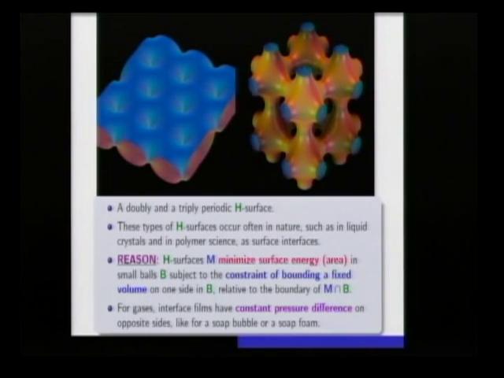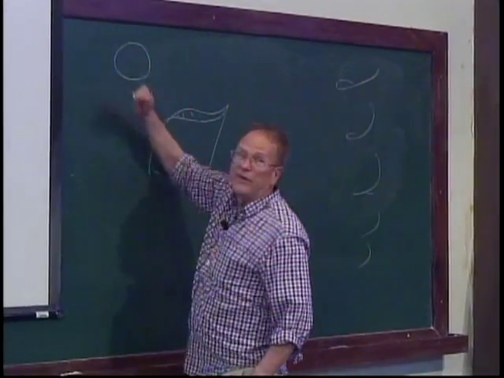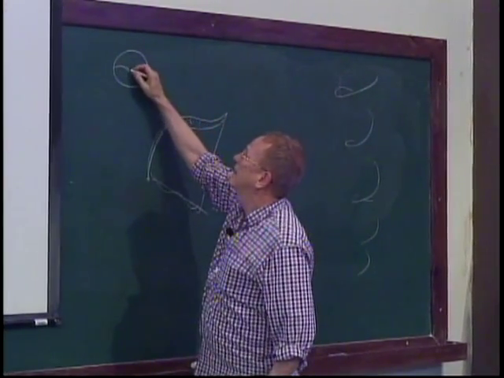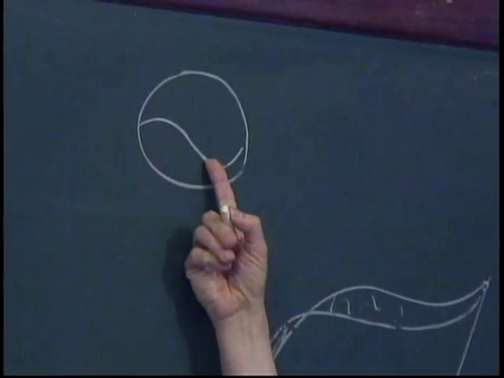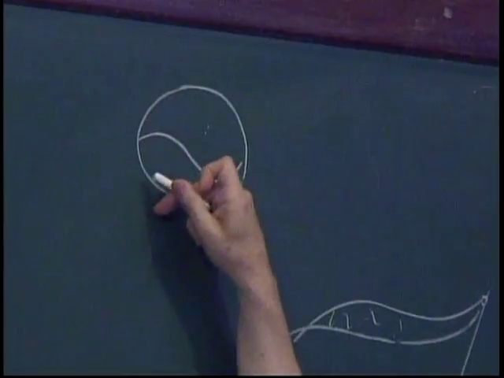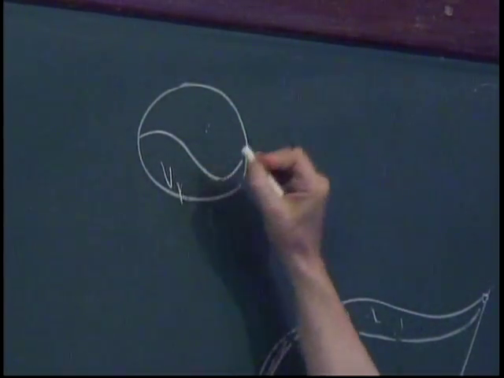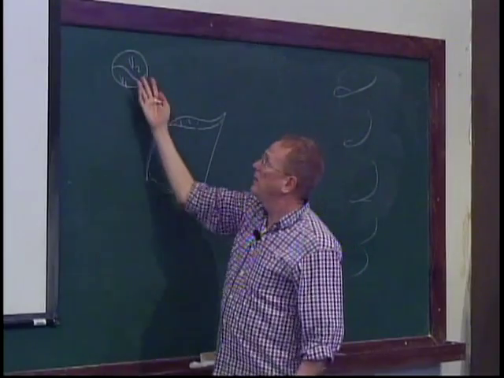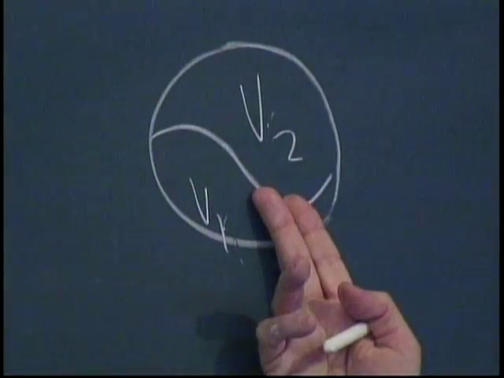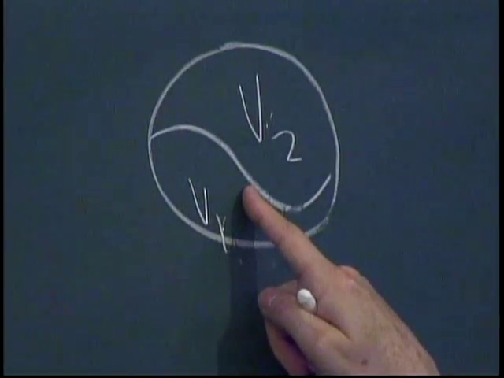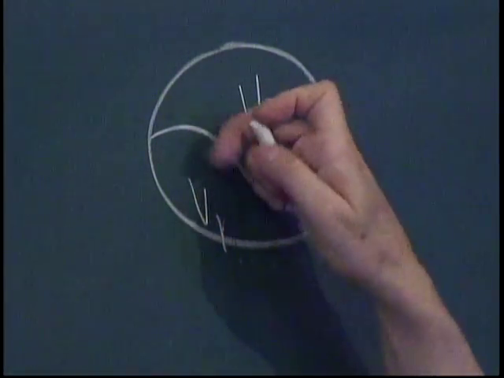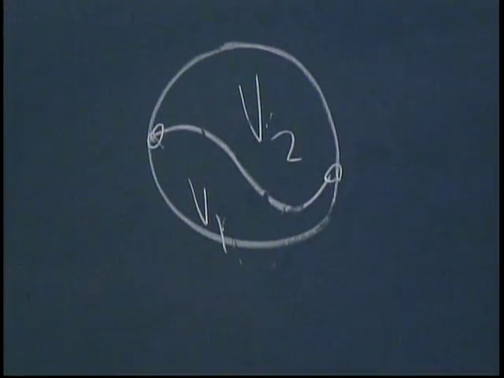Now if you see such a constant-mean-curvature surface, then if you intersect it with a small ball, think a very small ball, what I see is a disk inside of that ball. And that disk separates the ball into 2 regions of volume. So we have a volume 1 here, a volume 2 here. When I make the ball small, because it has constant mean curvature, this surface will represent a surface of least area that has a separation property and has the given boundary curve.